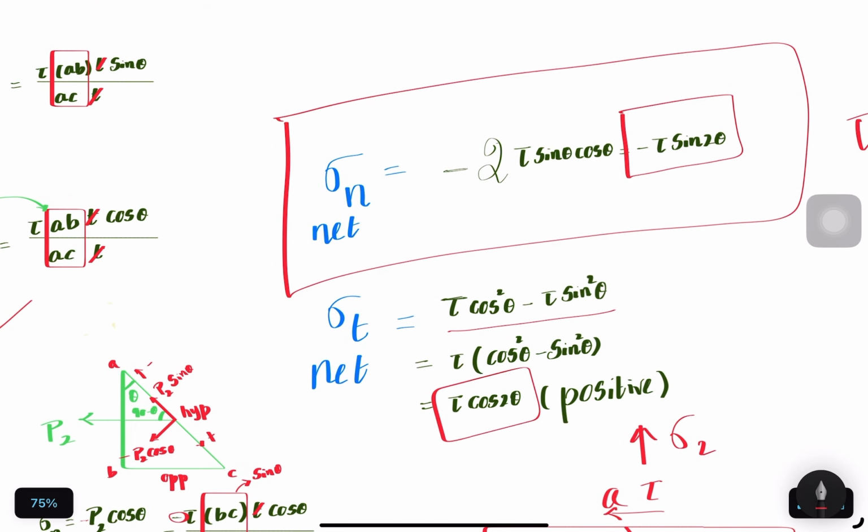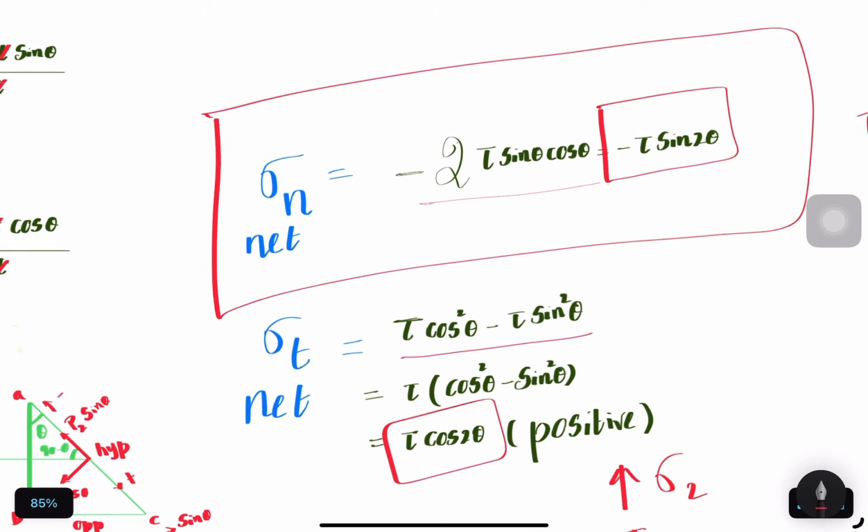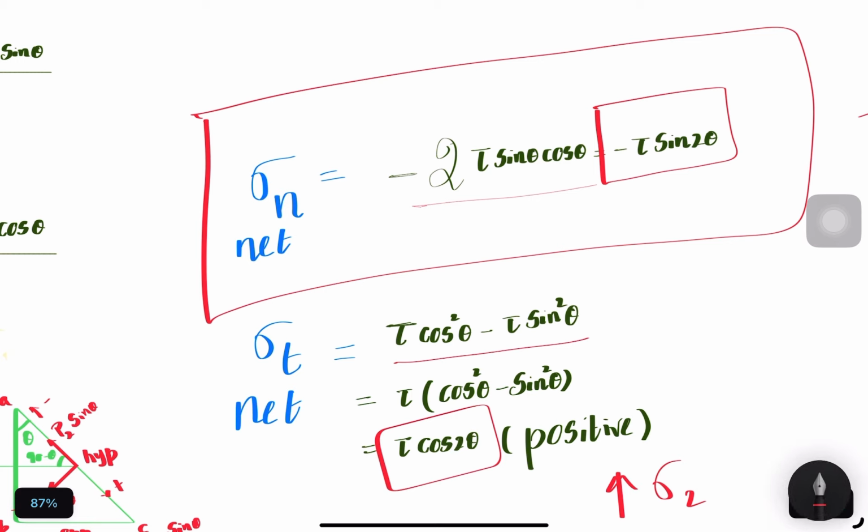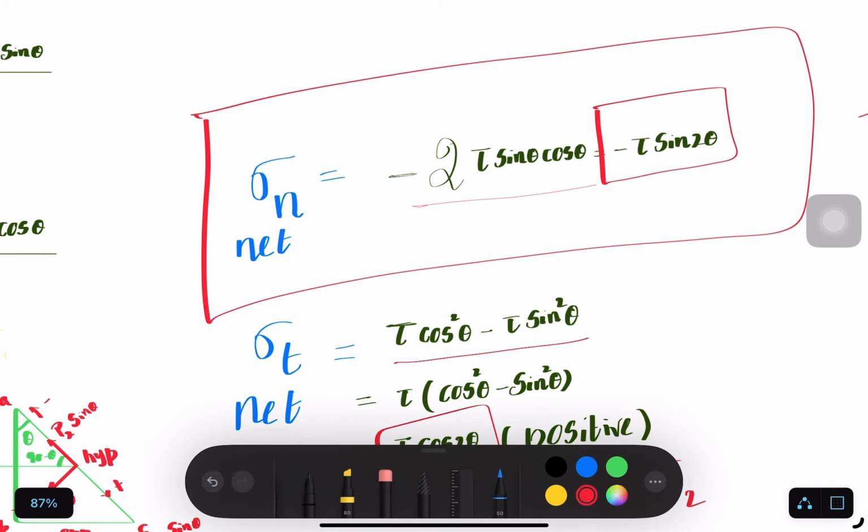Okay? So this is what you will be getting if you add minus tau sine theta cos theta minus tau sine theta cos theta due to P1 and P2. So 2 sine theta cos theta can be written as sine 2 theta. So that is it. So let me highlight that. So this is the expression for the net